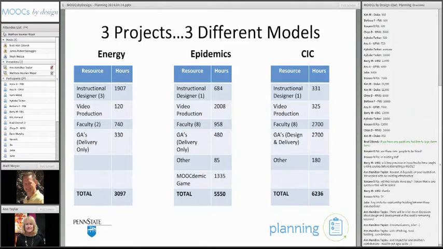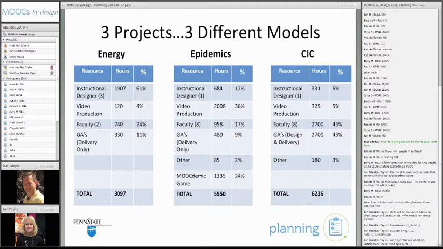and then the hours spent by each. So this shows you these MOOCs are very different, even in the makeup of how much time each resource spent on some of these things. So, if you look at the percentage of time that a project was taken by different areas of it, epidemics should stand out to you that 36% of it,